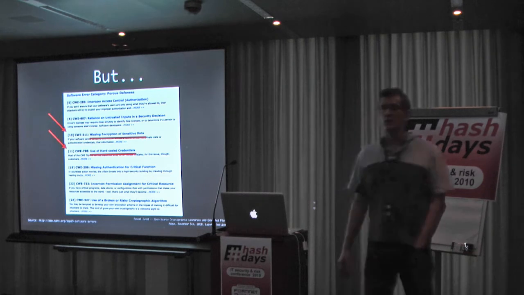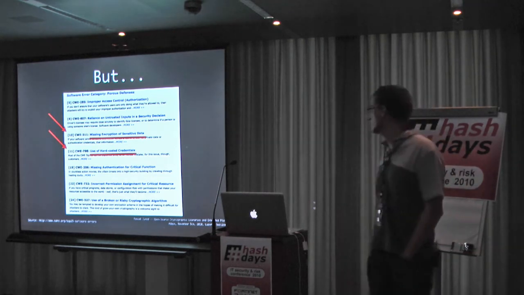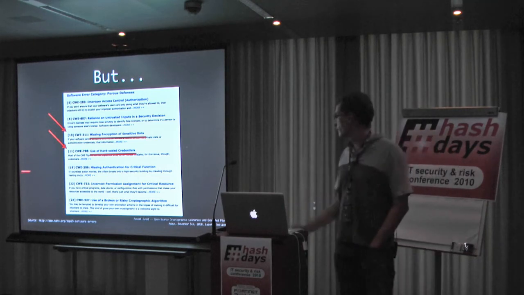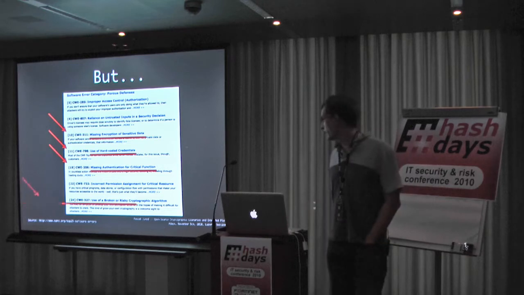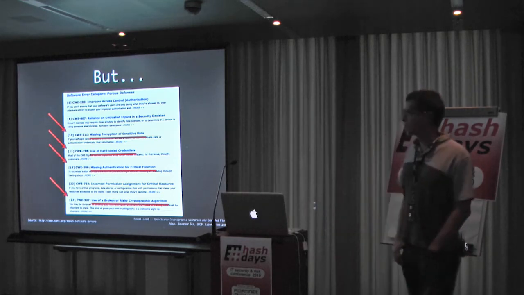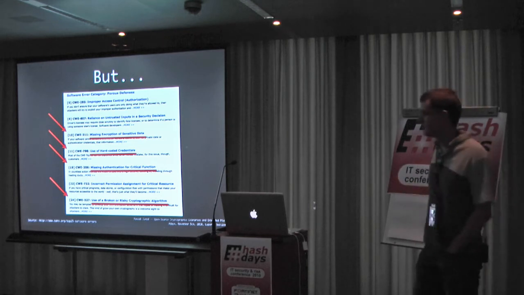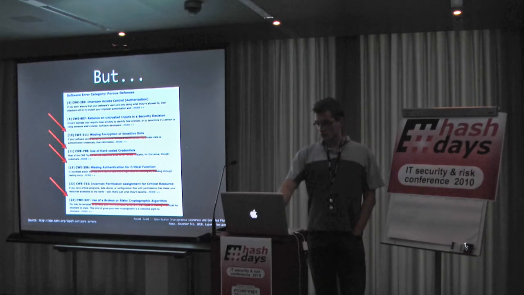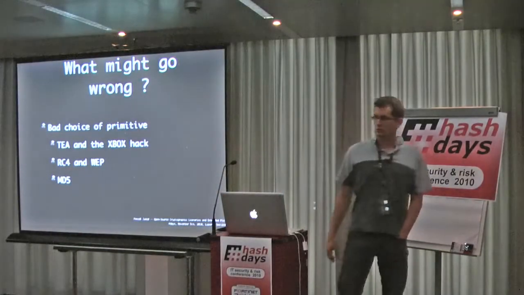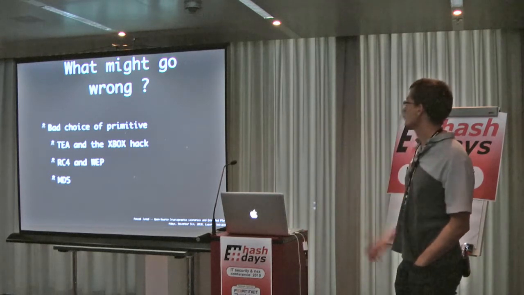People still use hard-coded passwords and hard-coded secrets like secret keys in their software. They still forget to authenticate critical functions. And finally, they still use broken or risky cryptographic algorithms. So it looks like cryptography might not be that easy to implement in a proper way. So now I'm going to ask myself what might go wrong when using cryptography.